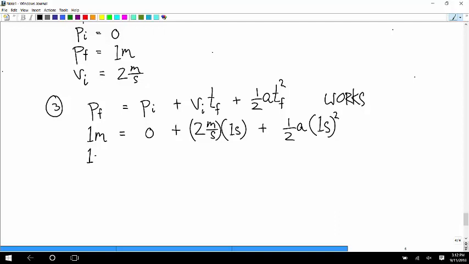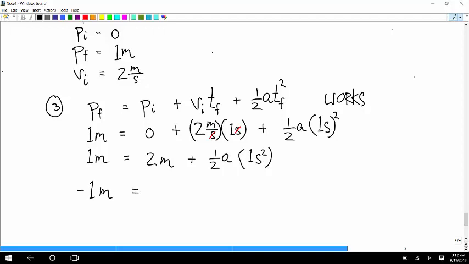So this says 1 meter is equal to, notice these 2 seconds cancel. If you want, you can write out each piece in that bar notation to cancel stuff. But so 1 meter is equal to 2 meters plus 1/2 a times 1 second squared. So the first thing I'm going to do is subtract 2 meters from both sides to get that a term by itself. So we have -1 meter